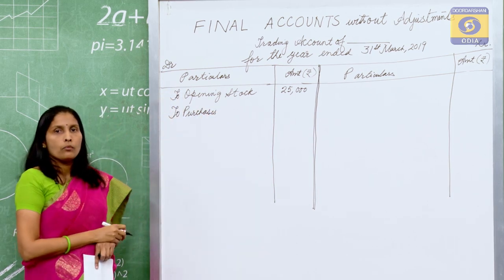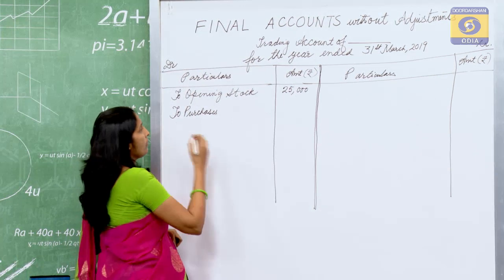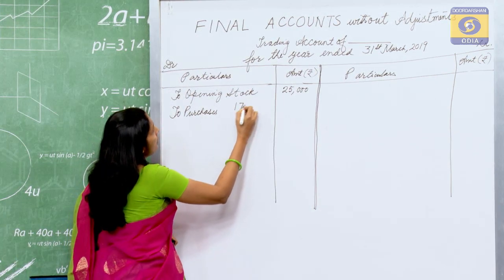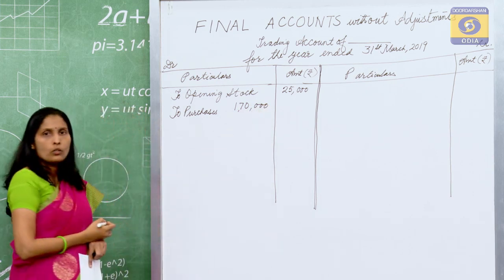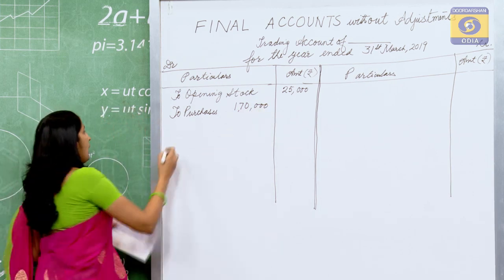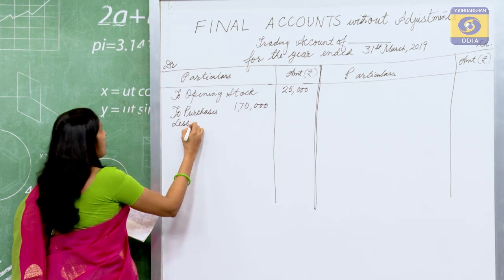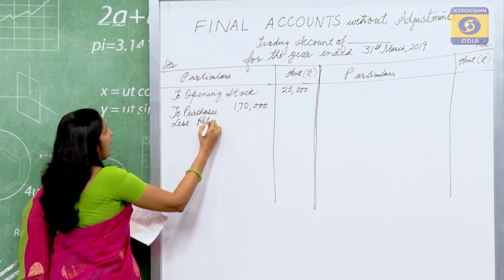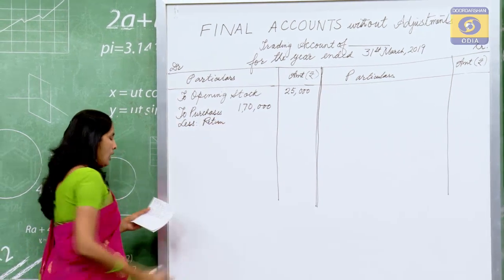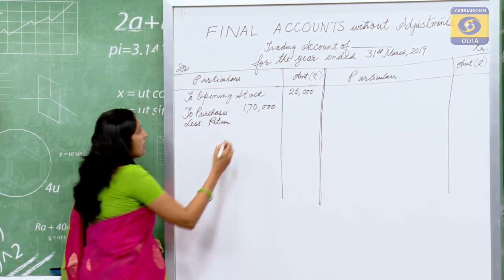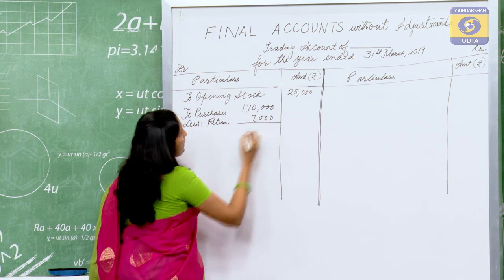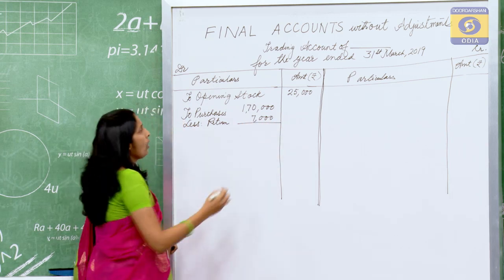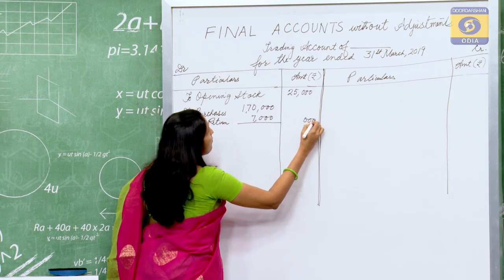Purchases, the figure given to us is 1,70,000. Students will write that in the inner column because we have a calculation. So, to purchases 1,70,000. Again we have less returns. We have purchase returns, and the amount of returns we have is 7,000. So, 1,70,000 minus 7,000, that gives us